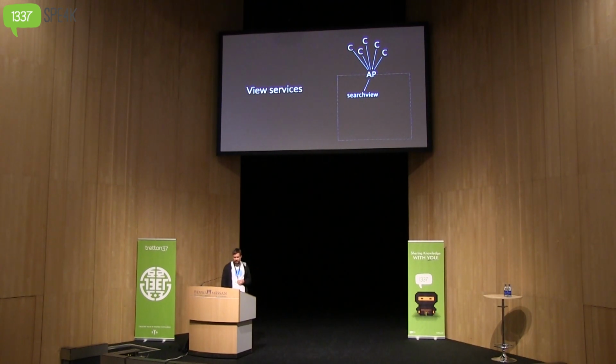But there was one point that we didn't actually discuss much before this. The access point actually needs to find this service. And again, we have many services, and I didn't mention this, but there was a question about hardware. We don't have any humongous hardware servers. We deploy on commodity servers, and we have plenty of them instead. That means that this search view will likely be on many servers, and the access points need to find where this particular service lives. And it might move over time and so on. We might scale it out, add additional nodes, we will scale it back, and so on. So the access point needs to find a way to do this. So we need to have some sort of service discovery mechanism.